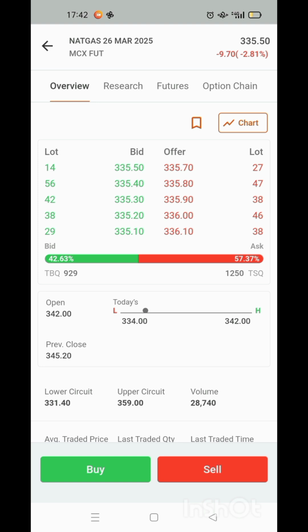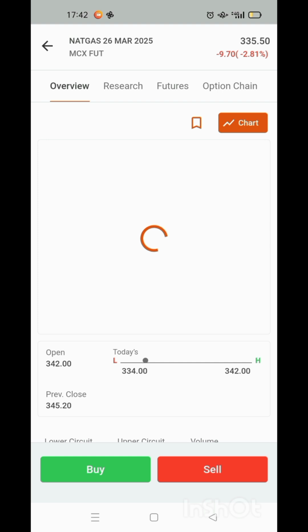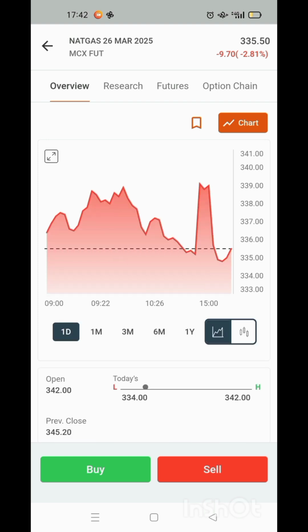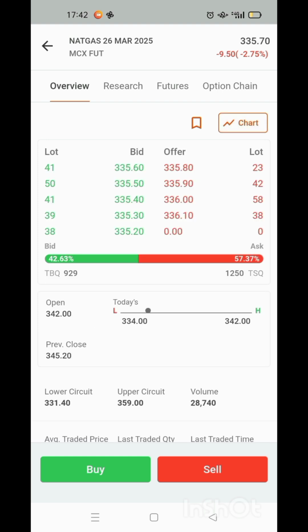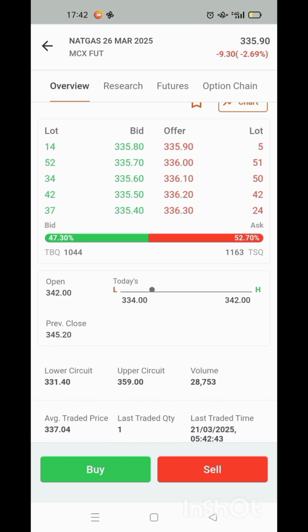Now the order flow is increasing, which means the hedge funds or the institutions will be buying at 335.5, so it is a key level now. Also, there are a lot of aggressive sellers at 336.2, and there are a lot of aggressive buyers at 335.5. As you can see, now the order flow is increasing to a small extent, but if it starts to decrease,